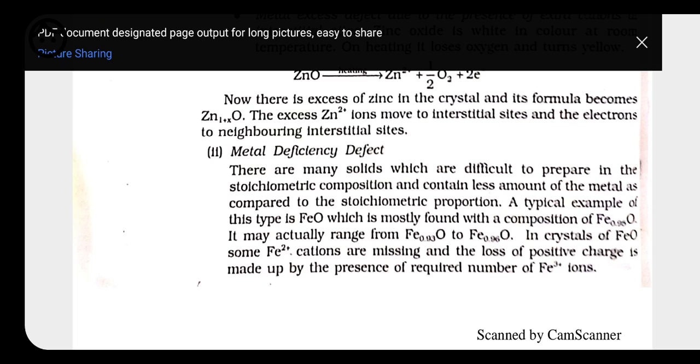Like if we are having a crystal of FeO, that is ferrous oxide, here in ferrous oxide iron has plus 2 charge, oxygen has minus 2 charge. So what happens here is that if we remove iron, 3 of the iron we are going to remove from their sites, 3 places being vacant. Okay, Fe2+, Fe2+ and Fe2+, here we are going to displace 3 iron, and a total of 6 positive charges we are going to displace.